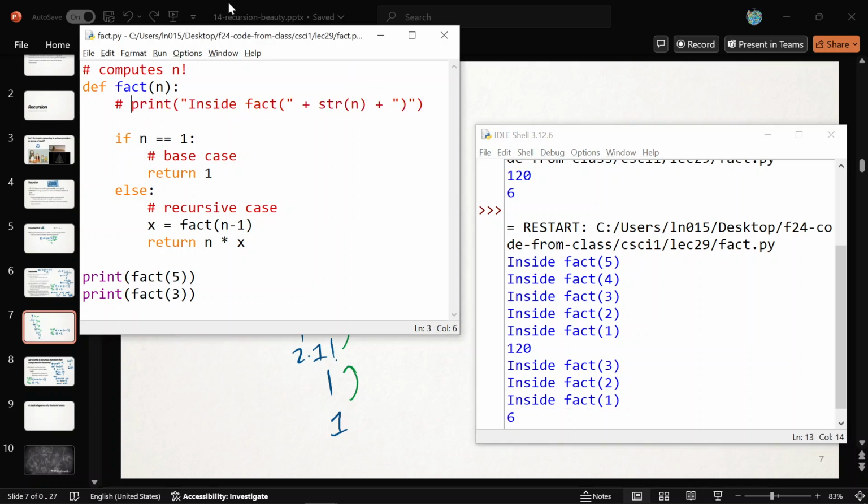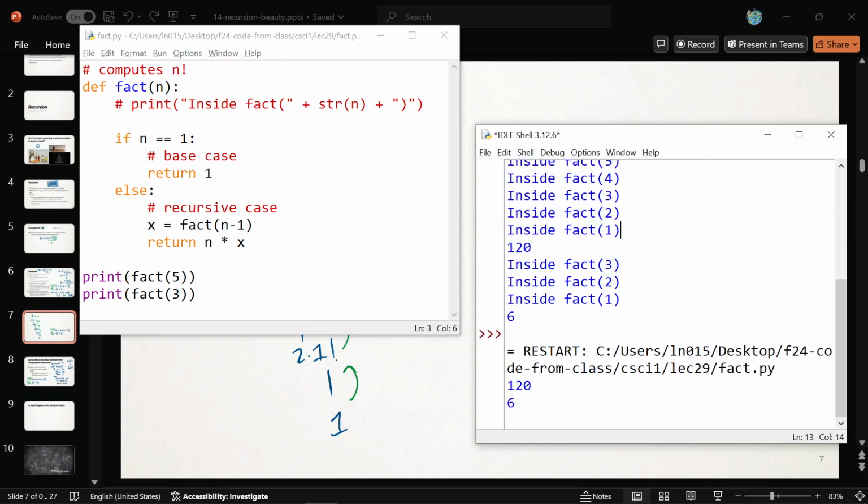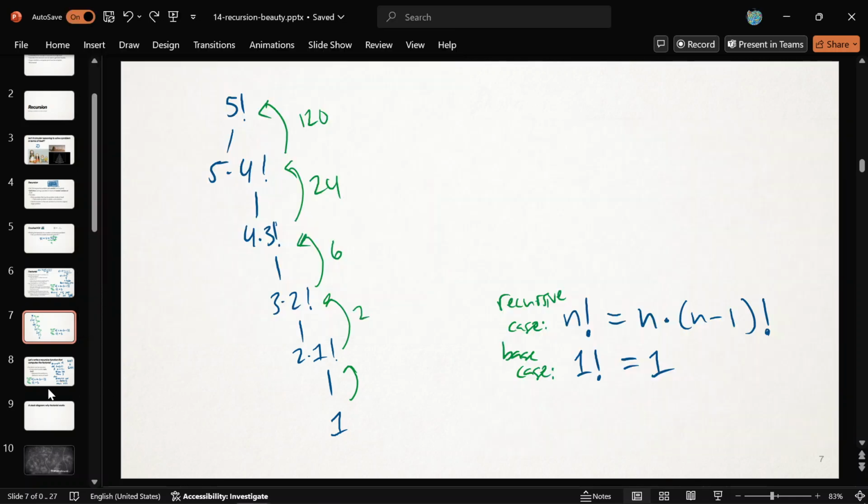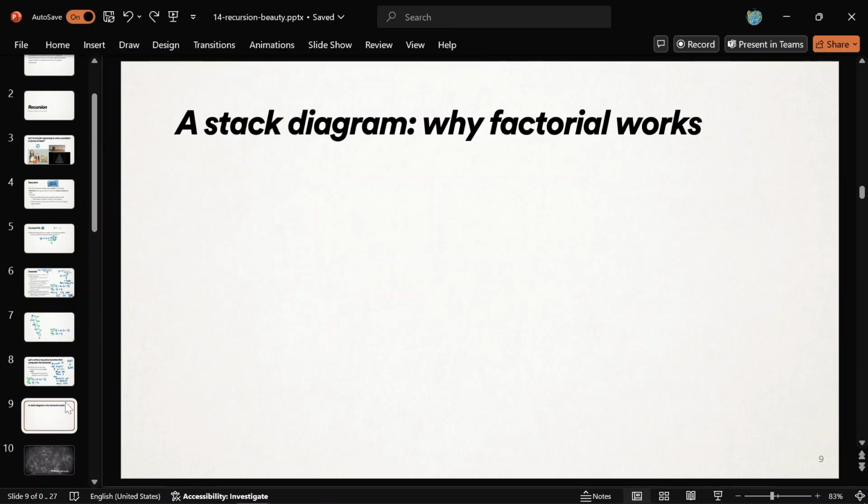And let me draw that now, all right? To fully convince you why this is working and why it's doing the right thing, it's like looping without loops. I want to draw what's called a stack diagram for you, okay? A stack diagram is like a stack of papers. It's like a stack of work to be done, essentially. I'm going to have a little piece of paper for every function that's getting called. So when I say stack, I mean a stack of work to be done.